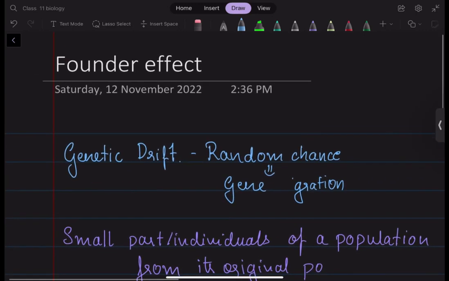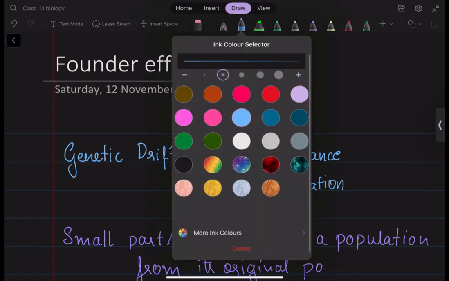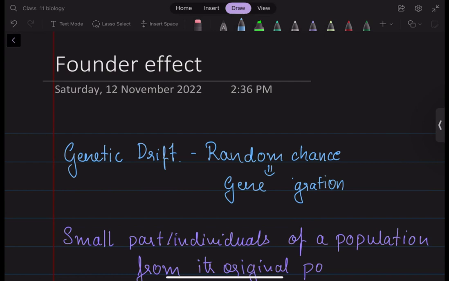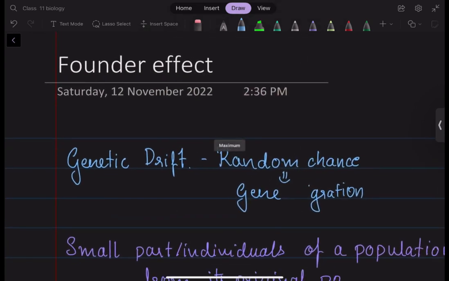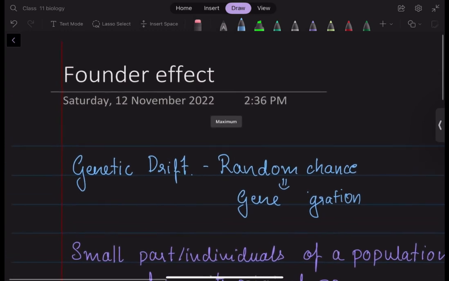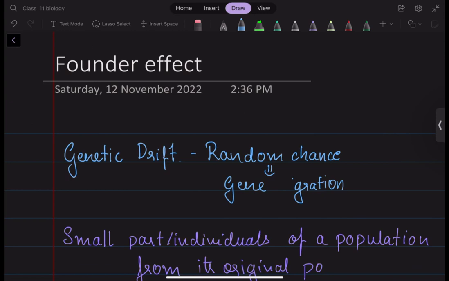In the previous video, we learned about the various factors that affect Hardy-Weinberg equilibrium, and in this video, we'll be learning one of the types of the factor. So genetic drift, as I told in the previous video, has two kinds. That is the founder effect and bottleneck effect. So talking about founder effect,